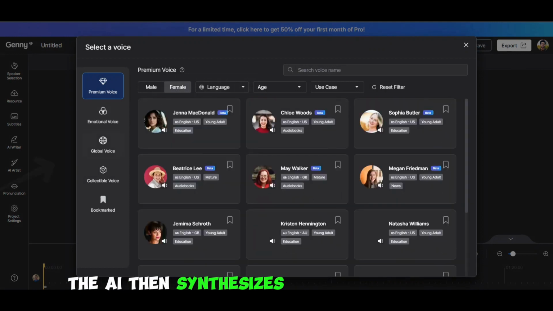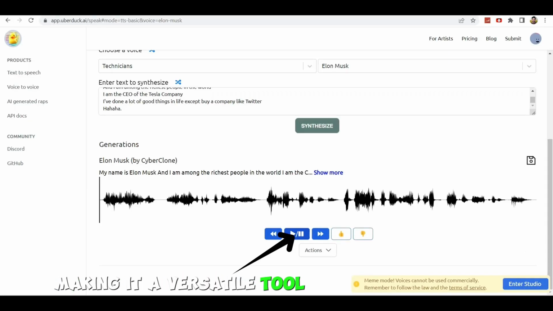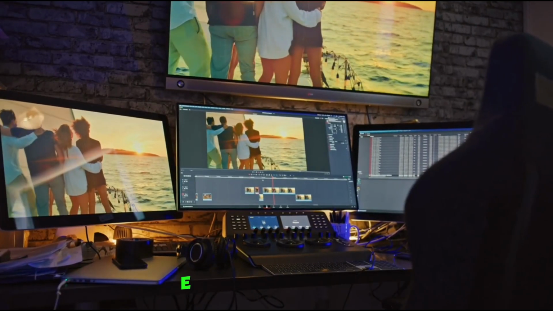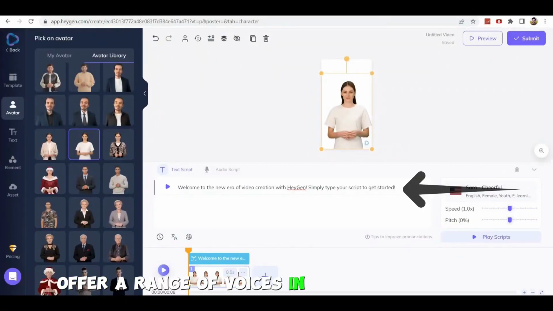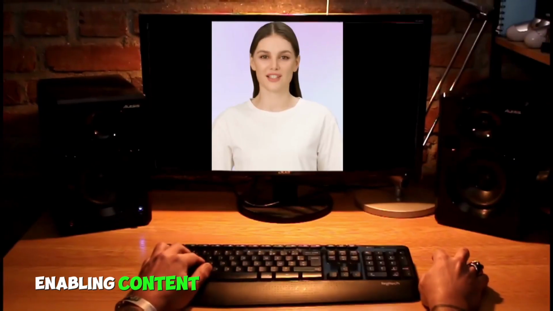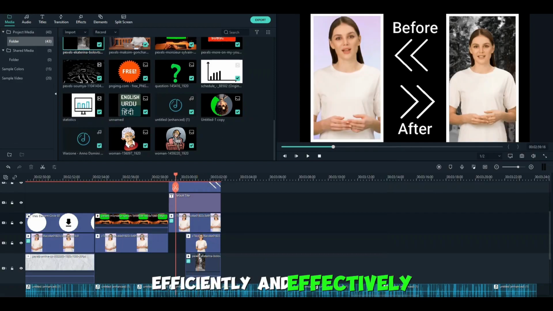The AI then synthesizes the text into lifelike spoken words, making it a versatile tool for podcasts, videos, e-learning, and more. Wellsaid Labs, Murf.ai, and ElevenLabs offer a range of voices in multiple languages, enabling content creators to produce high-quality audio content efficiently and effectively.